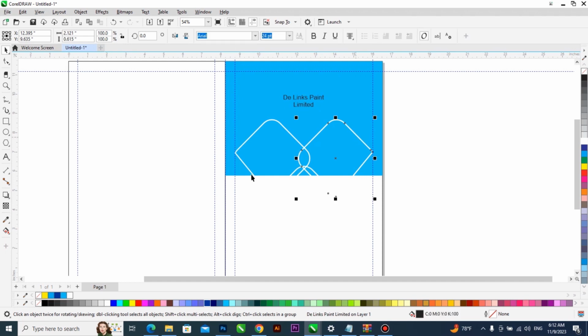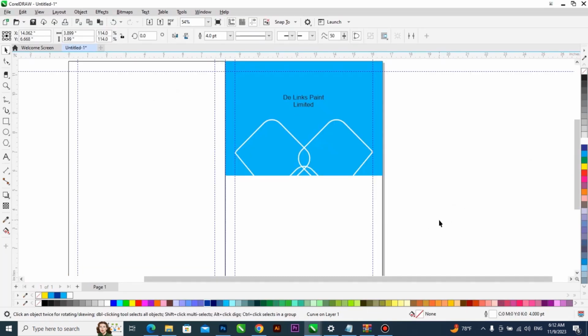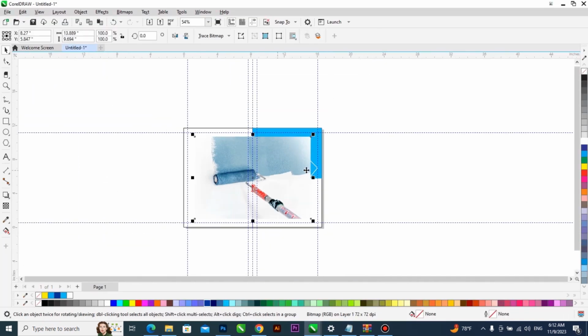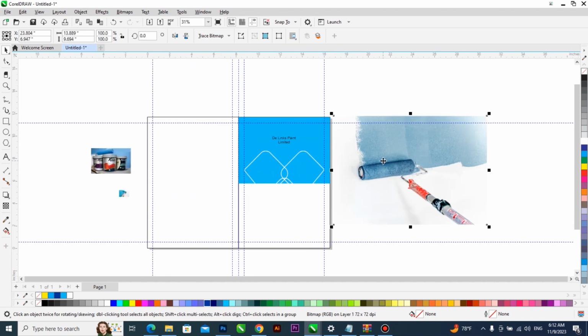So what I need to do is to go get a picture. I'll go to my download, maybe get one or two pictures. Let's say this, let's say this and this. Okay, then I'll come back here, then paste it. So here I will just